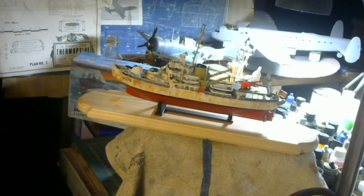All kits back in the 1950s, I should have known better, were box scale anyway, because back in those days 1/4 inch scale was probably limited only to certain manufacturers like Lindberg. All their aircraft was probably done in 1/4 inch scale, and also Aurora. They made a great abundance of 1/4 inch scale aircraft back in the 1950s. But when it comes to reproductions of the real thing, they're all box scale, so it could be any kind of scale. So this is a scale of 1/292, a little less than 1/200 scale,